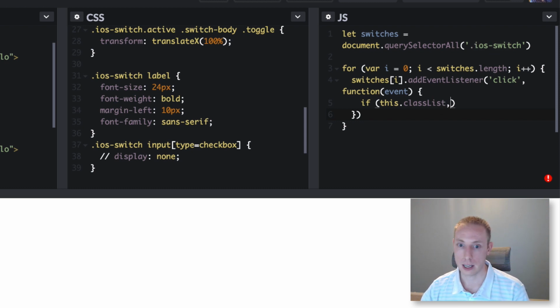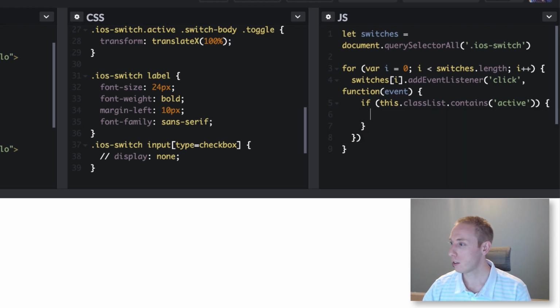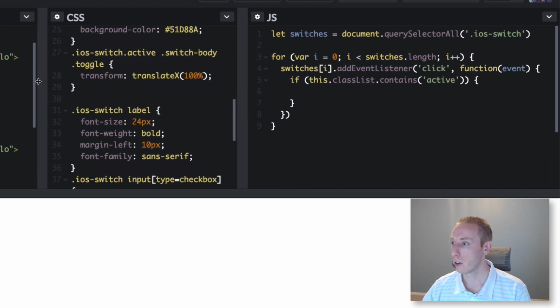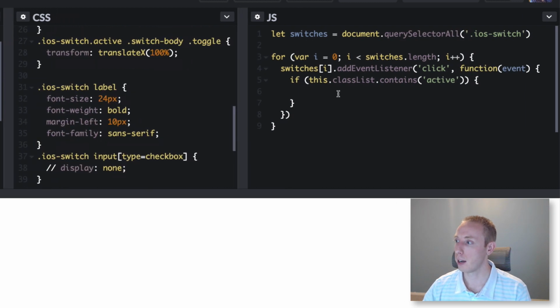This.classList.contains active. Okay, and we're just going to see if it contains the active class inside of there. And if it does, then this is kind of hard to read, so let's do this. Okay. There we go. That makes it easier to read. I was having a hard time reading it. Okay, so if this.classList.contains active, then we want to enter this part of the loop, and all we're going to